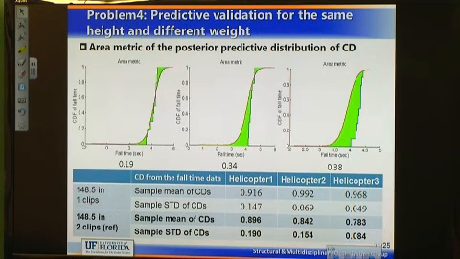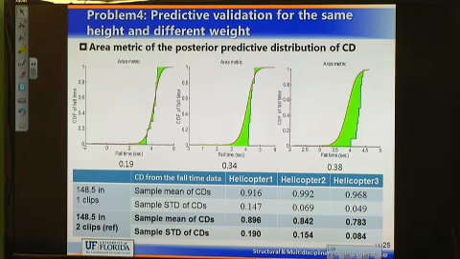Okay, so now let's go to the predictive validation. And again, we will have these two flavors. One flavor is, we change from 2 paper clips to 1 paper clip, and we ask, can we predict what will happen? We calibrated with 2 paper clips. How good is our calibration with 1 paper clip? And you can see that when we look at the predictive distribution of CD for 1 paper clip,